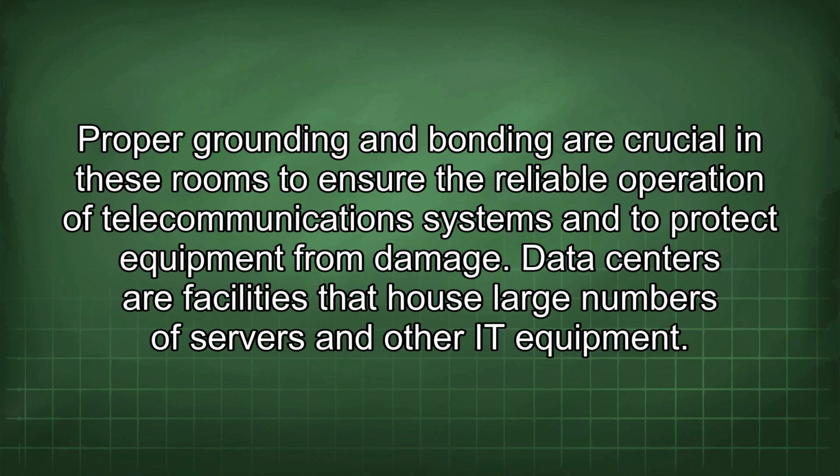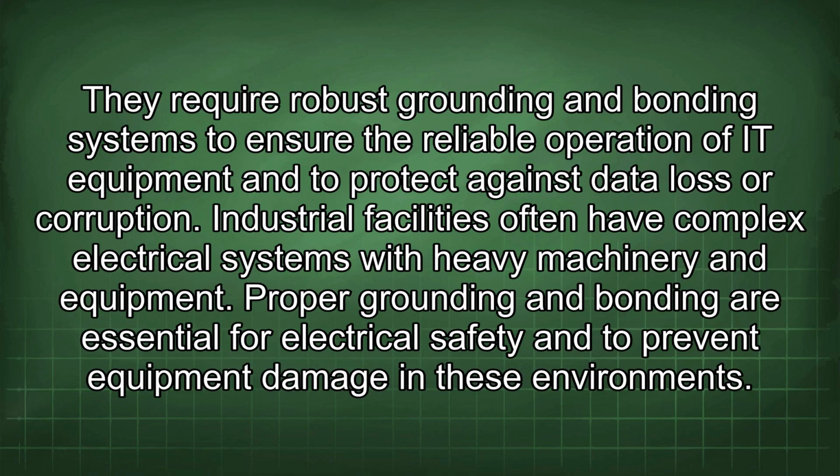Telecommunications rooms, also known as telecom closets, house telecommunications equipment such as servers, routers, and switches. Proper grounding and bonding are crucial in these rooms to ensure the reliable operation of telecommunications systems and to protect equipment from damage. Data centers are facilities that house large numbers of servers and other IT equipment. They require robust grounding and bonding systems to ensure the reliable operation of IT equipment and to protect against data